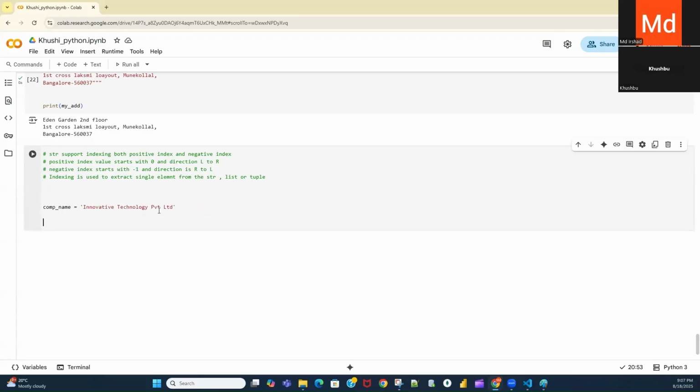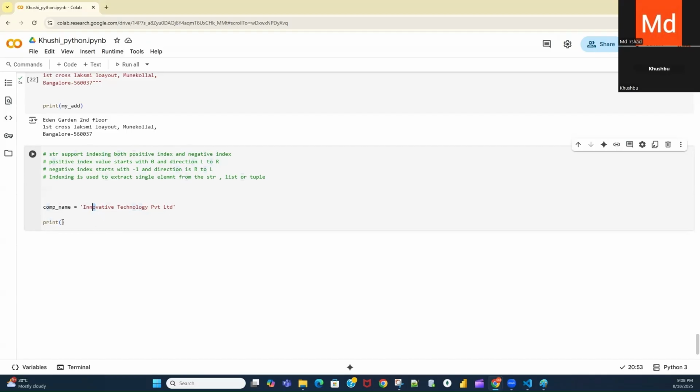Now print. Now I want to see that. So here this is my string. Now each character is stored at a different index. This first character is stored at the zeroth position, if I'm talking about the positive index. At positive index 0, I is stored, then at 1 this is stored, then at 2 this is stored, and then at 3 this is stored, like that it will go.